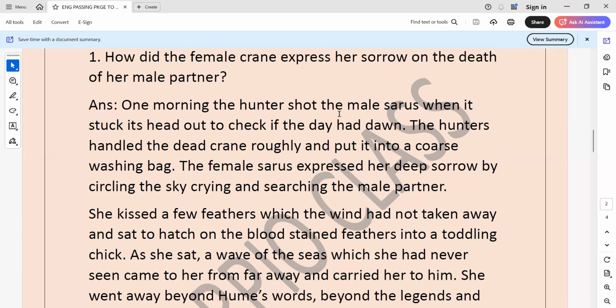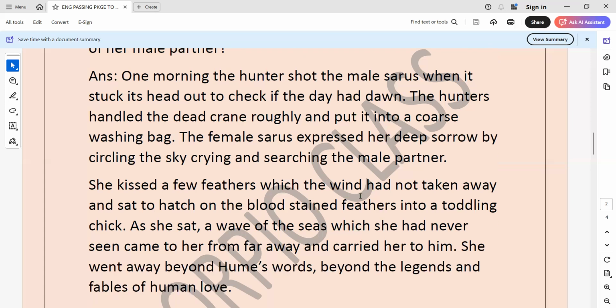Answer. One morning, the hunter shot the male Sarus when it stuck its head out to check if the day had dawned. The hunters handled the dead crane roughly and put it into a coarse washing bag. The female Sarus expressed her deep sorrow by circling the sky, crying and searching